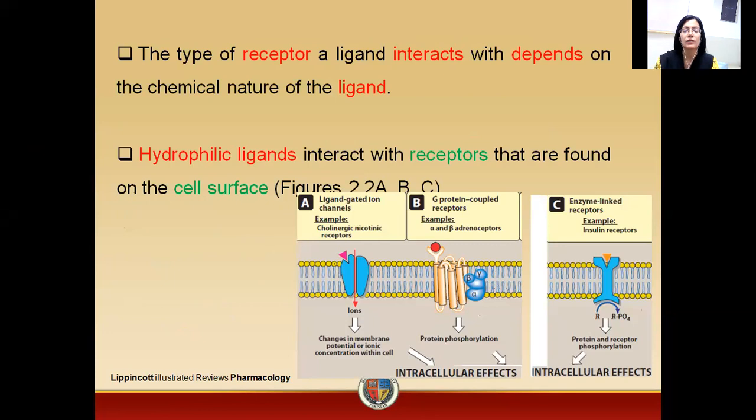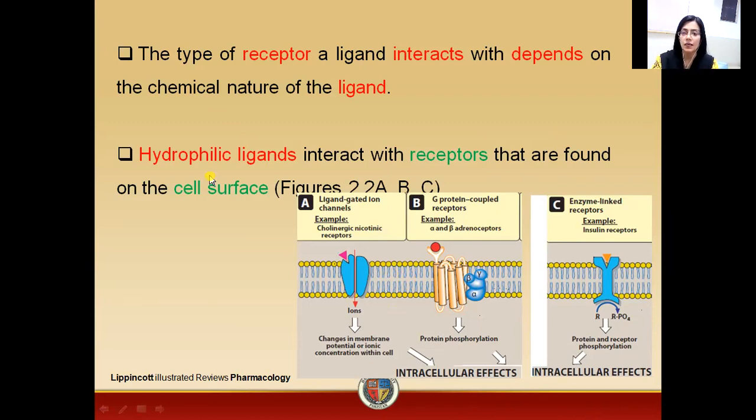Before going into detail of the receptors, we must know that receptors have specific sites for binding of the ligands, or the endogenous substances, or agonist or antagonist, or the drugs. So, type of the ligand will also decide to which receptor it will bind. A receptor interaction with a ligand depends upon the nature of the ligand as well. For example, if you have a hydrophilic ligand, that is a water soluble ligand, it means it is not able to penetrate through the cell membrane and enter into the cell.